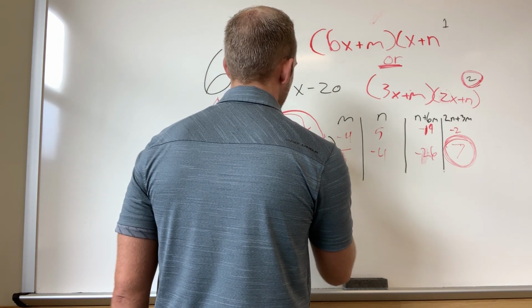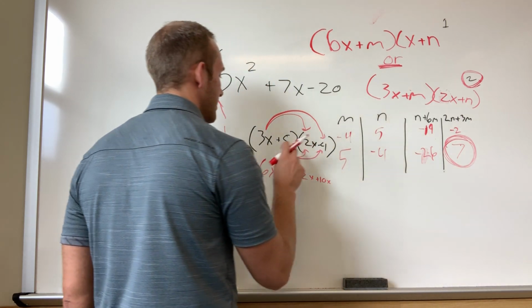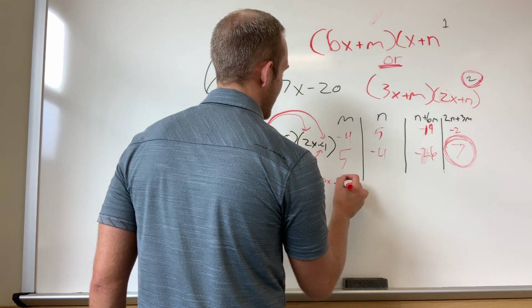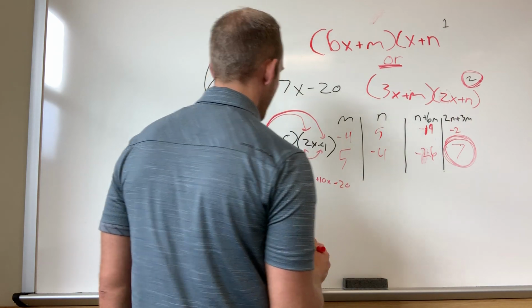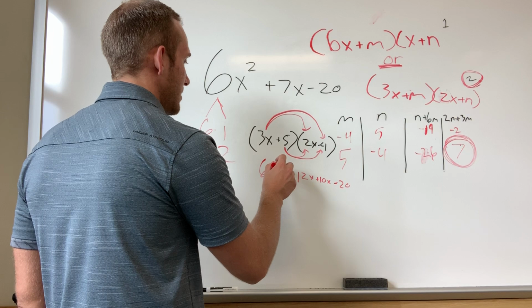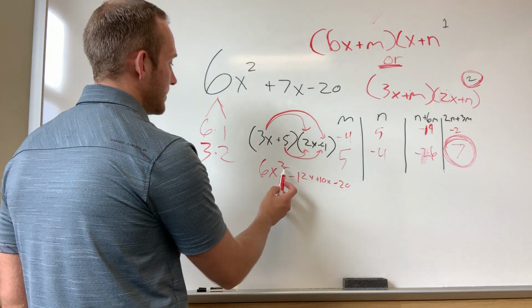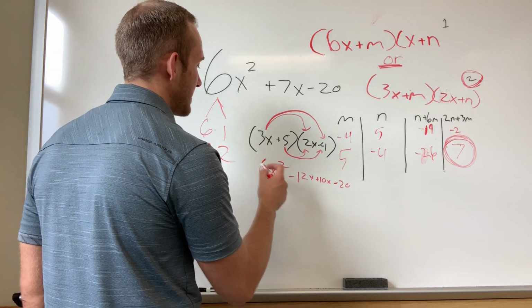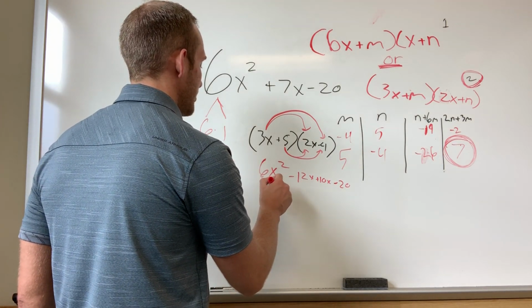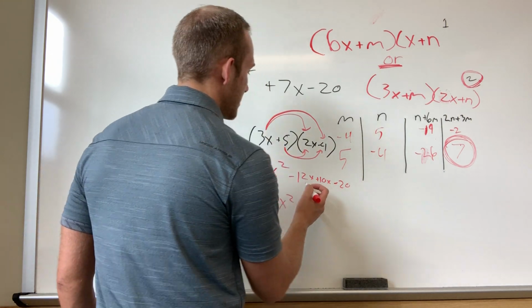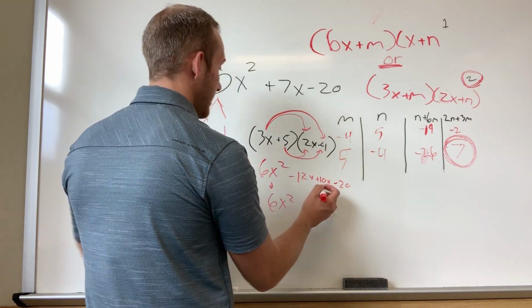And then last is -20. There's nothing that can be multiplied by 6x squared, so that just drops down, 6x squared. Now these two, -12x plus 10x,